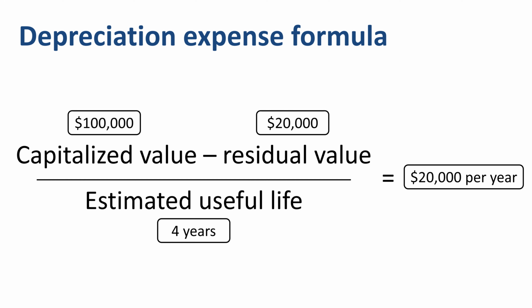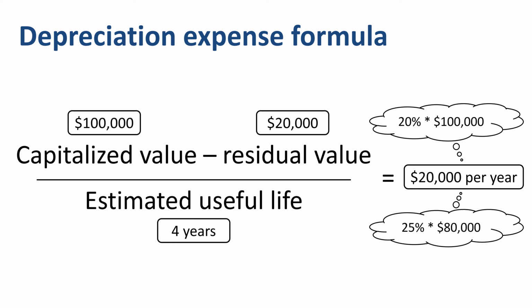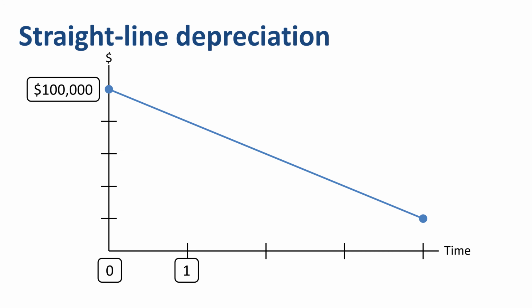There are 2 ways to put the $20,000 depreciation expense per year into perspective. It is 20% of the original capitalized value of $100,000 or 25% of the depreciable amount of $80,000. Let's apply those numbers to the straight line depreciation graph. We start off with $100,000 fixed asset value when the asset is put into service, when it is ready for